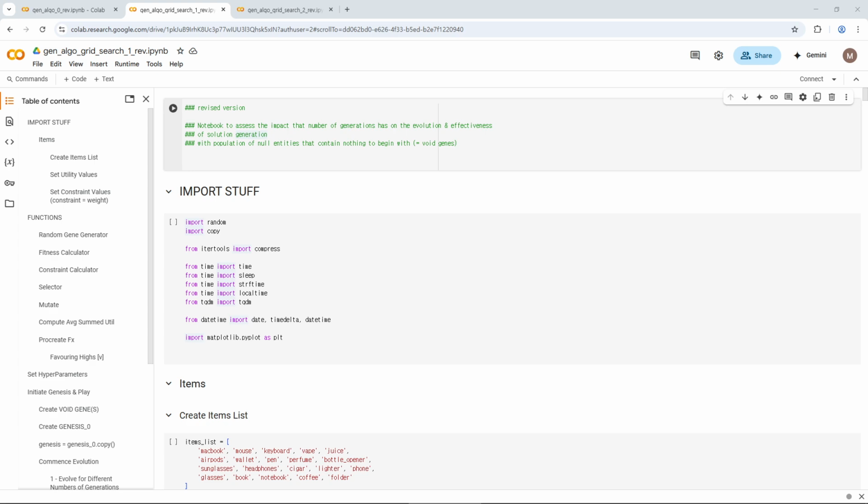And today I am going to cover the Jupyter Notebook file called Genetic Algorithm Grid Search 1 Rev, as in revised. So it is a revised version of the notebook with the same name, except that in this